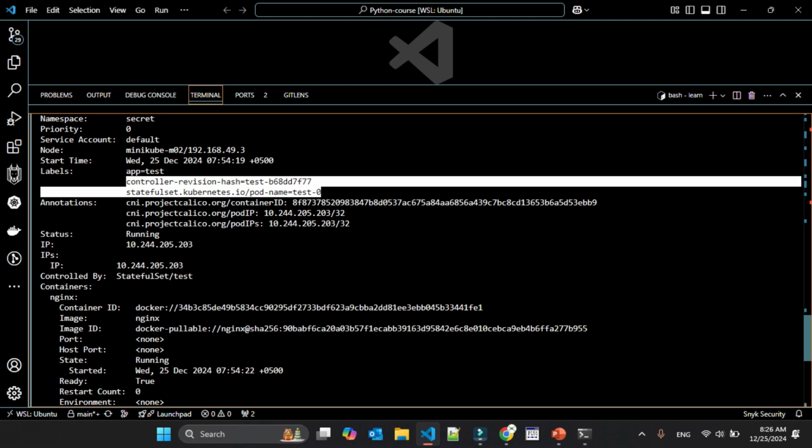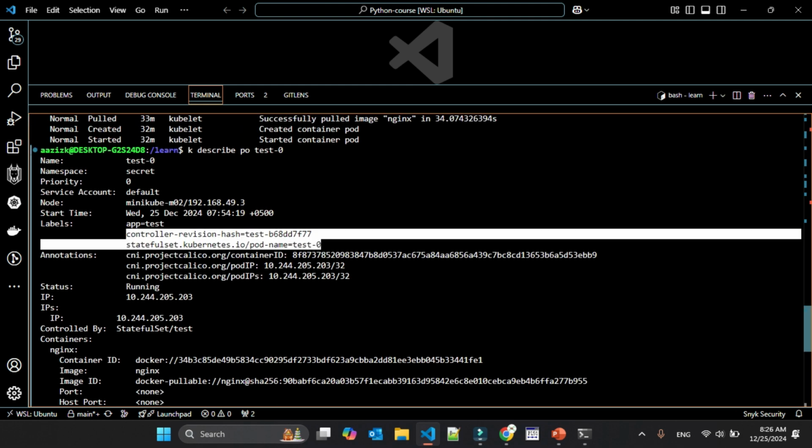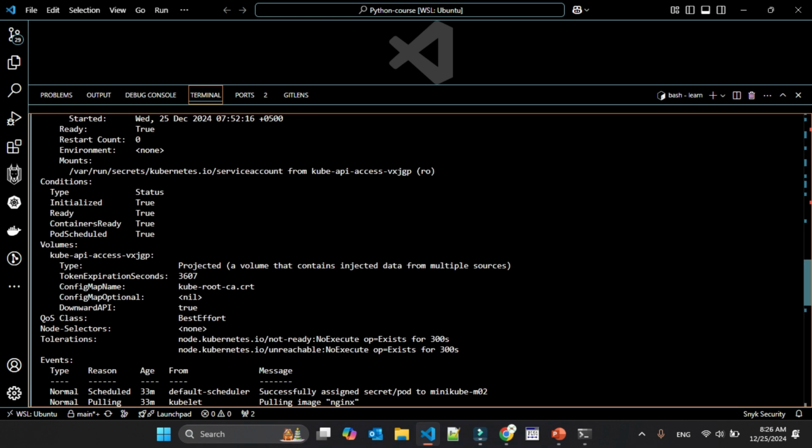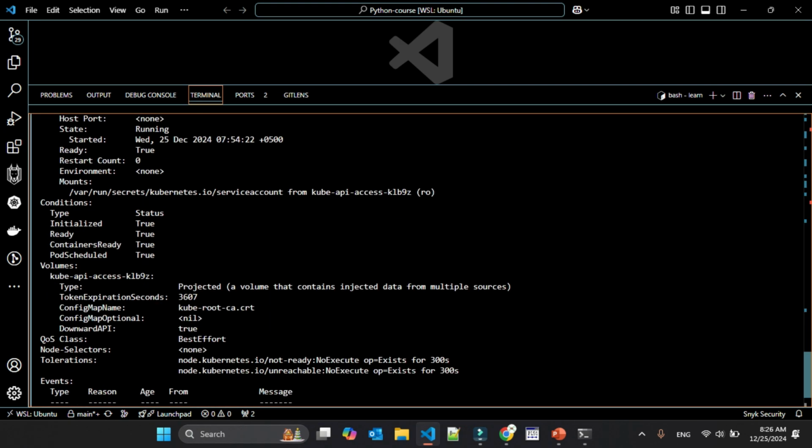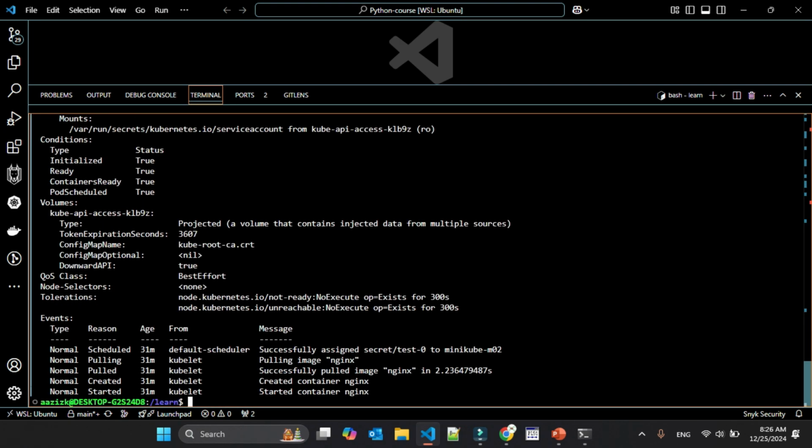Otherwise, other than these, there is no difference. It also has a name, it is in a namespace, and everything is almost the same, like this one. So we can ask, okay, then what is the difference between a normal pod and a stateful set? Basically the difference is, as the name suggests,